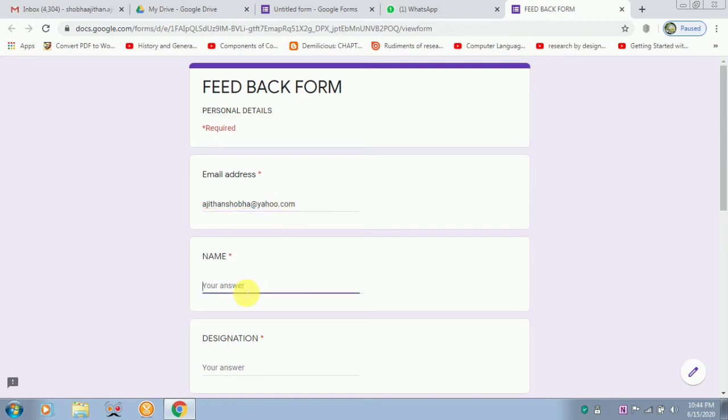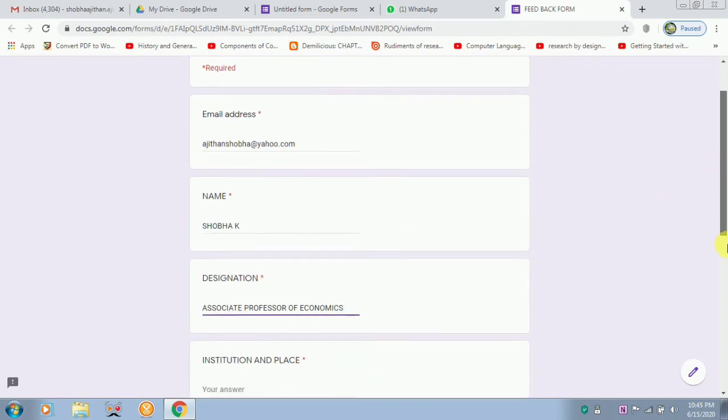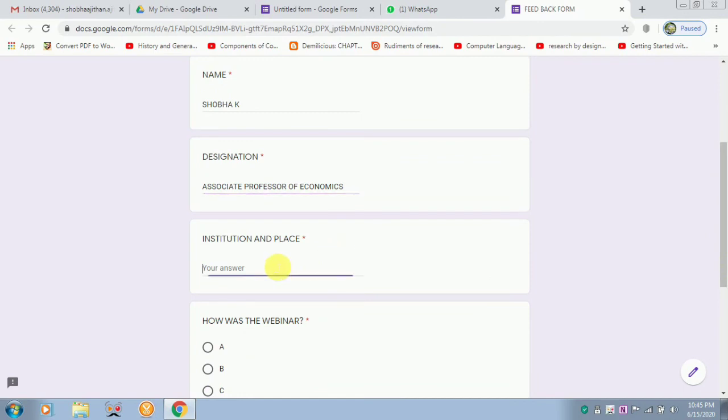Name is Shobha K. Designation is Associate Professor of Economics. Later, you should give the institution name: Government Arts College, Coimbatore.